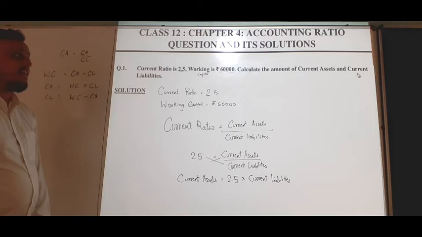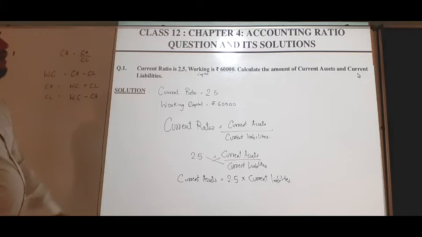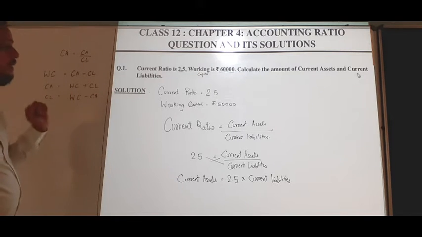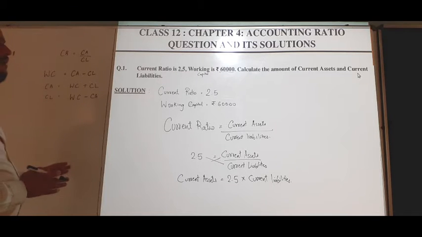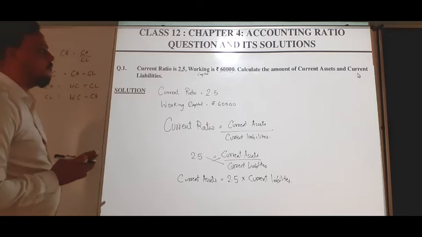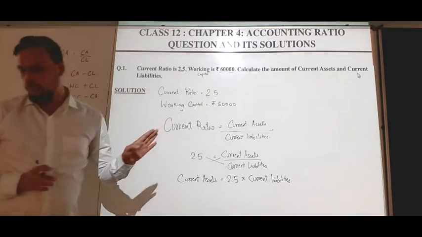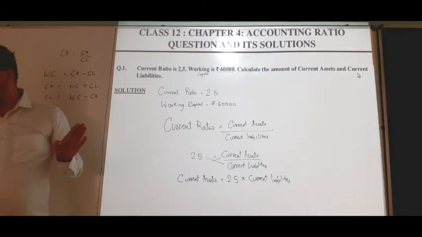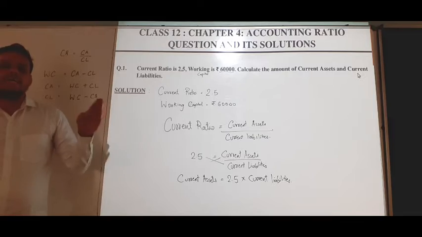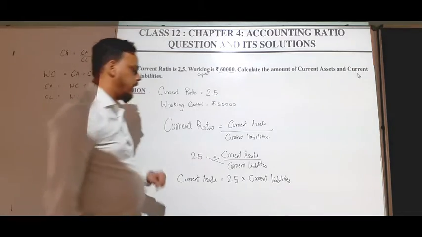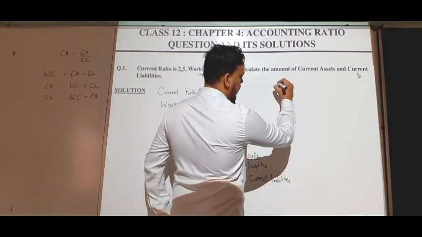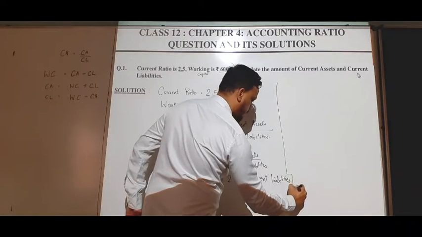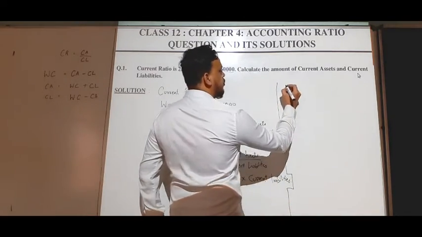Now as I said, we have to find current assets and current liability. But what information do we have right now? We have information about current ratio. Correct? So what we will do is assume. What assumption should be done? I will make it here. The assumption should be